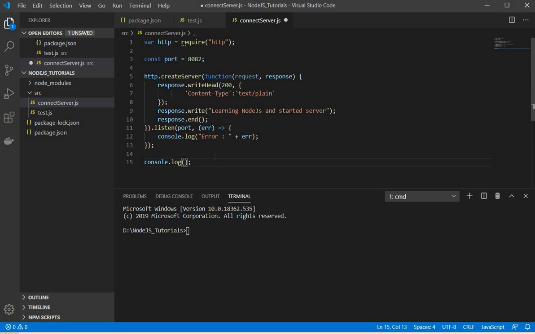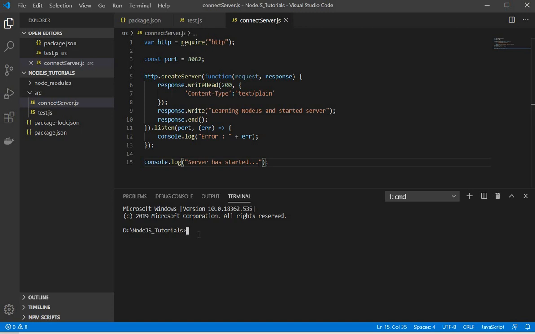So for something that I have on my console, I'll be aware that I have run this JS file. So I'm giving server has started. So this is a simple code to connect to the server.